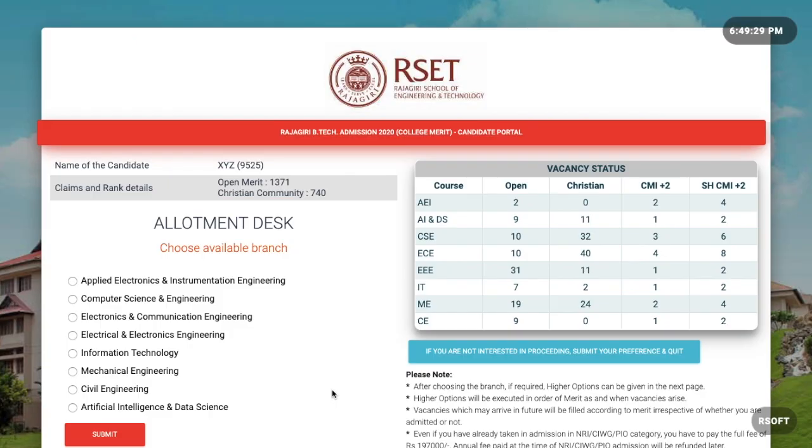According to your preference, you have to select a branch. Only available branches will be displayed at the time you enter. All the numbers shown right now are just for sample. When you enter here, whichever seats are vacant will be displayed. Here you have to choose a single branch according to your preference and press submit.